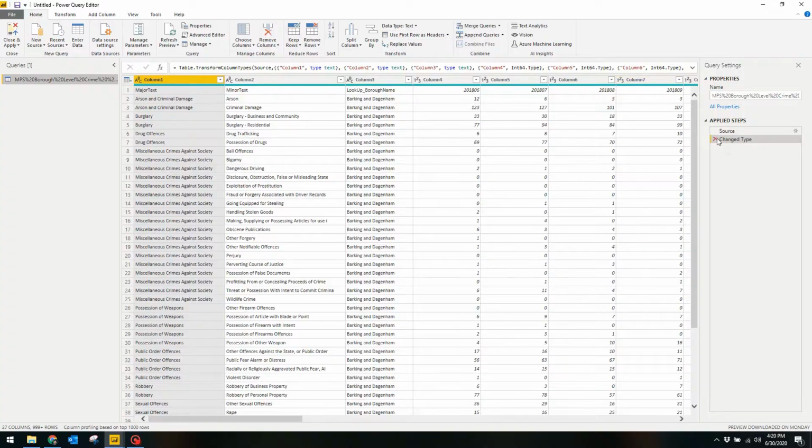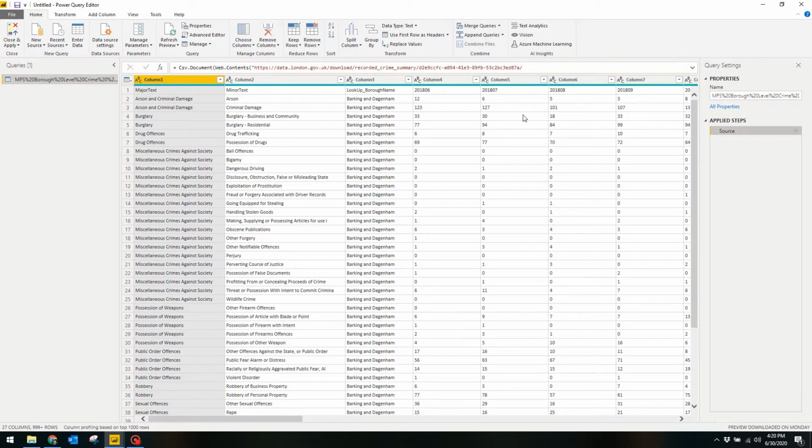Let's clean this data up a little bit to make it usable for our purposes. First thing we need to do is promote these first rows into headers. Power BI is usually very good at automatically detecting first rows of headers, but in this case it didn't, so let's fix that first. Next, we want to unpivot these date columns into rows so we can use them and